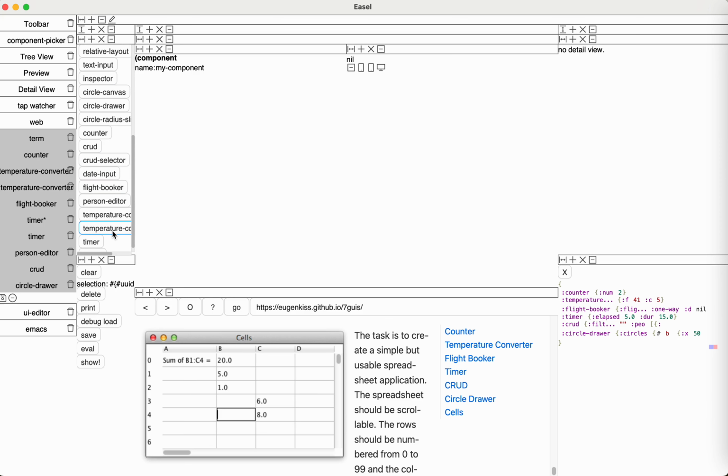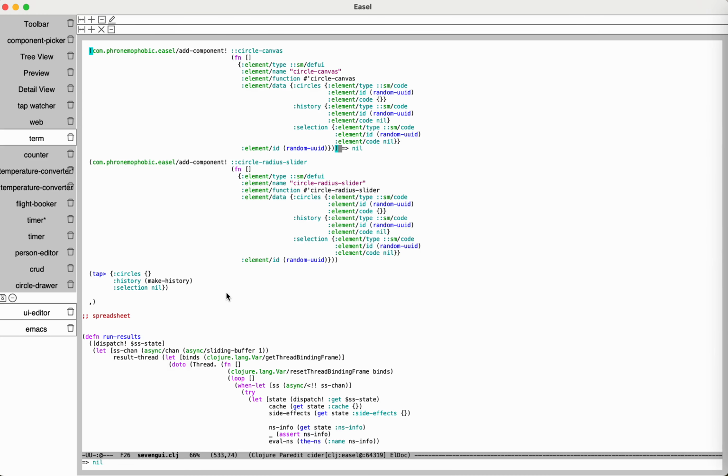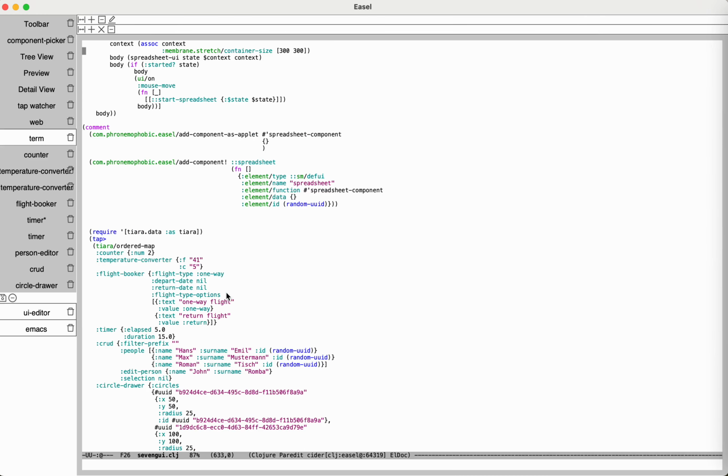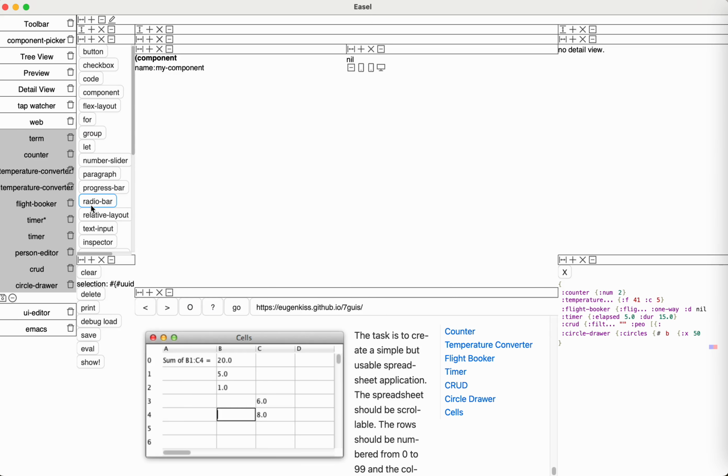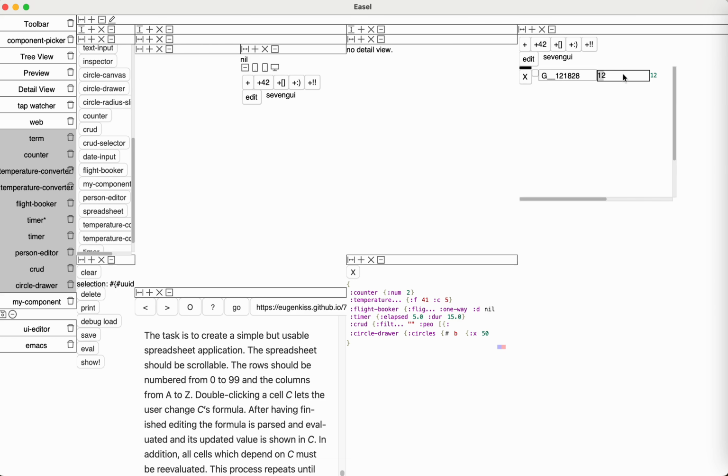And so let's add a, oh, we got to add it to our tool here. So yeah, there's a spreadsheet tool. We can eval and show it. I think it's kind of anticlimactic to